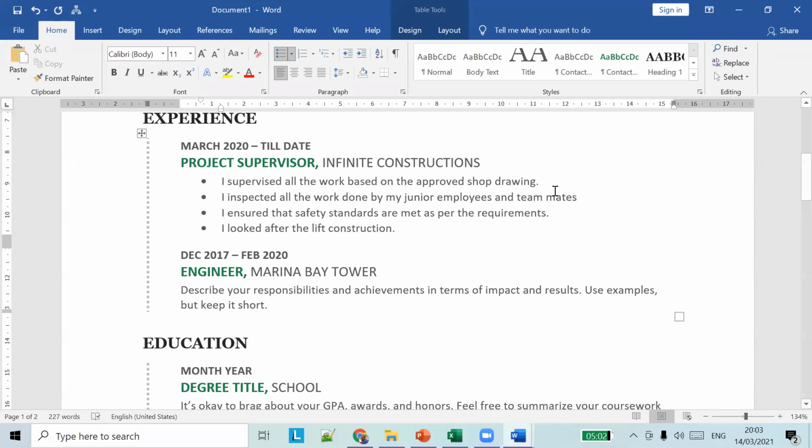Similarly, I can just copy paste all these things.